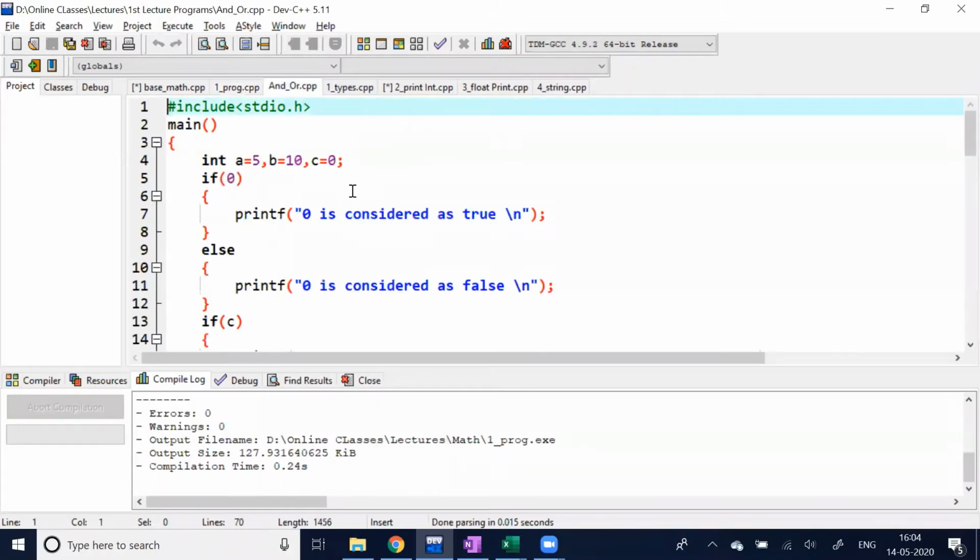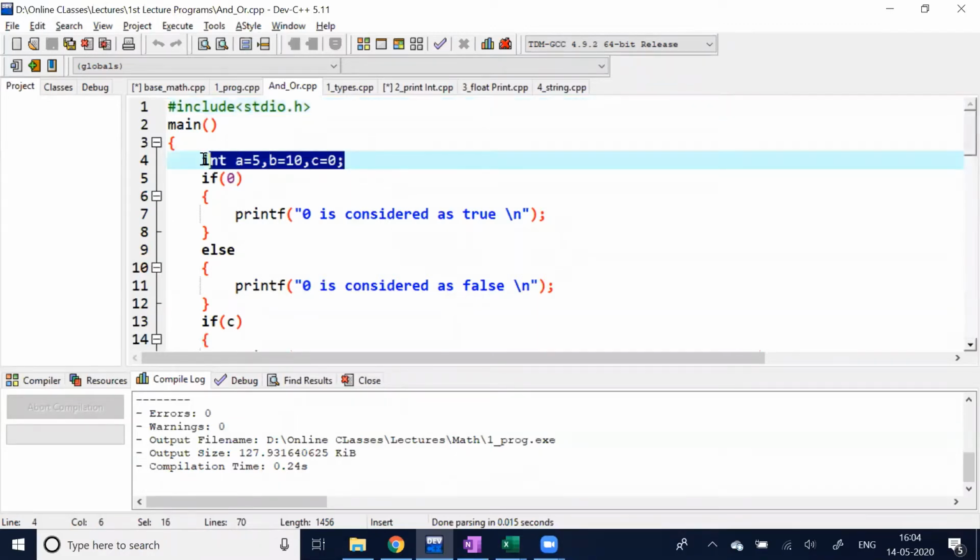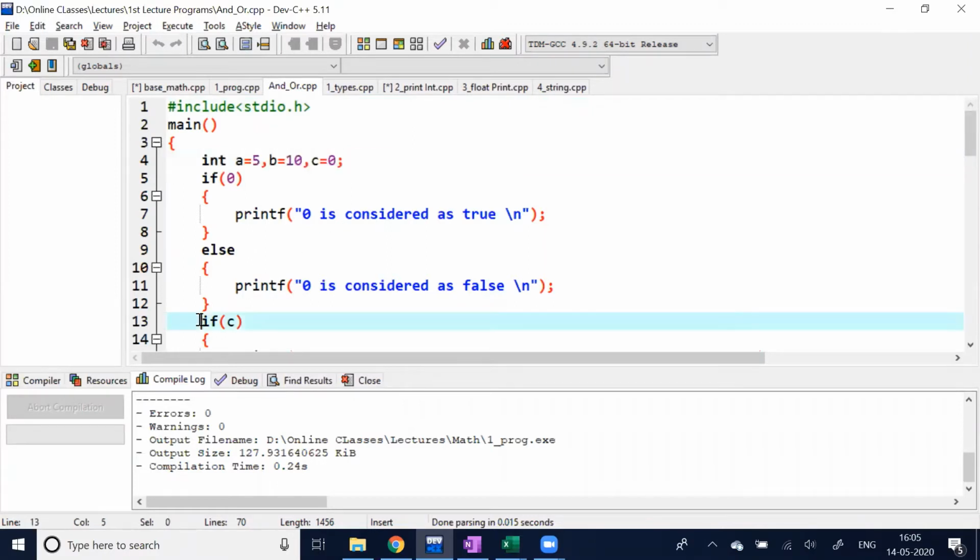So I'm gonna teach you if and else. You can say you know it very well, but still, let me teach you because maybe you will learn something new, or maybe it is just for revision. Fine. I have taken three numbers: a equal to 5, b equal to 10, c equal to 0. Fine. In the first case, let me do this.